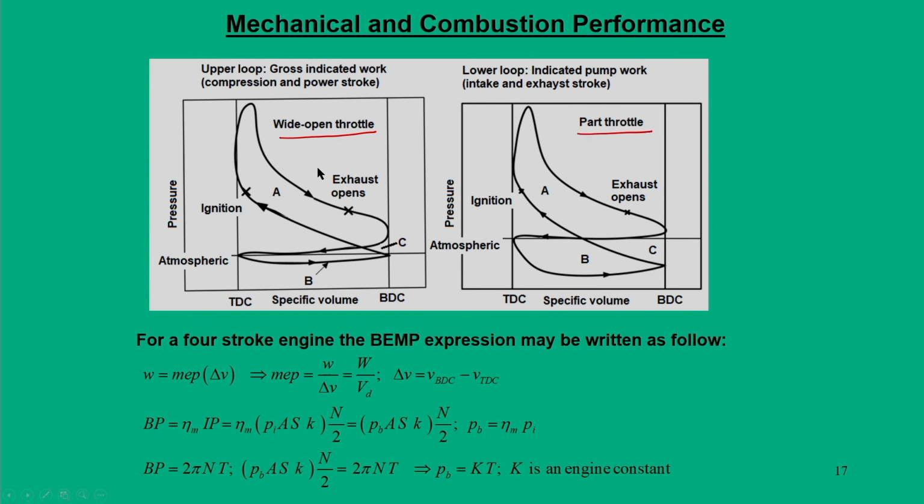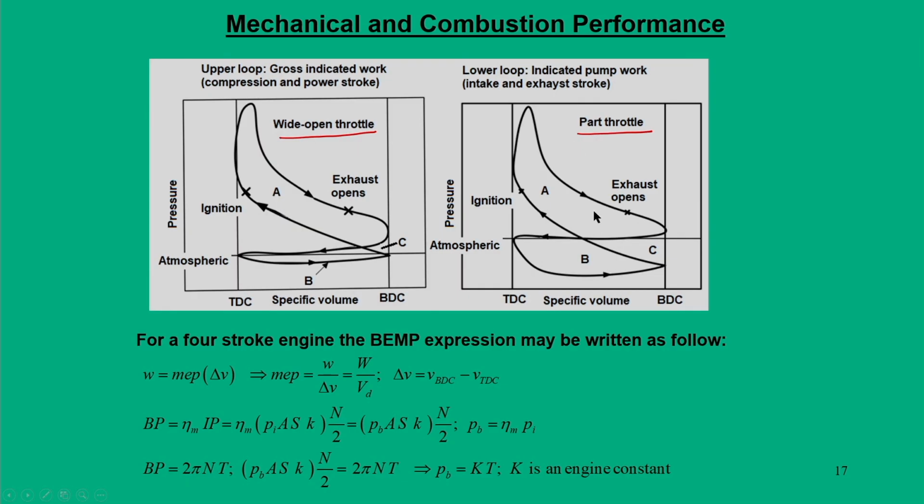Wide open throttle condition means that your throttle valve is fully open. When the throttle valve is fully open, the engine is allowed to run with full fuel capacity. That means fuel can go into the engine to a maximum. When there is a part throttle, the engine is allowed to run with some partial amount of fuel. These are the typical concepts that you use in engines. Why use wide open or part throttle? Because the valve has a certain finite amount of space which it is going to allow for the fuel to enter into the engine.